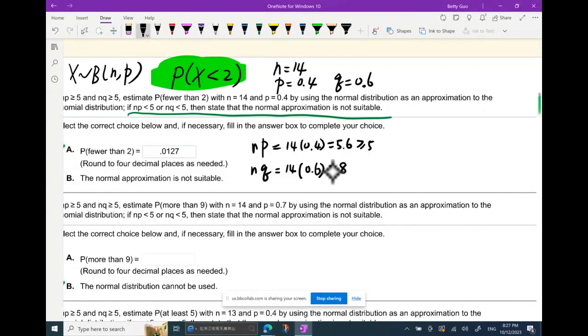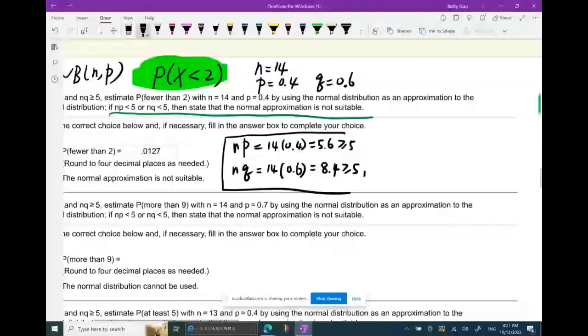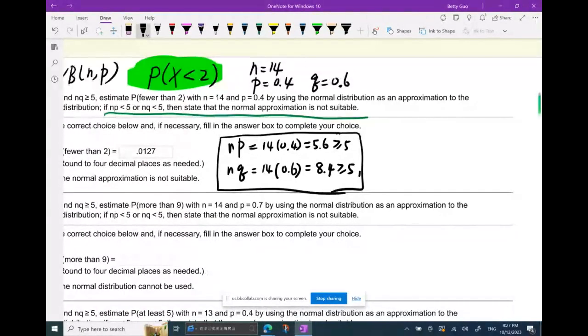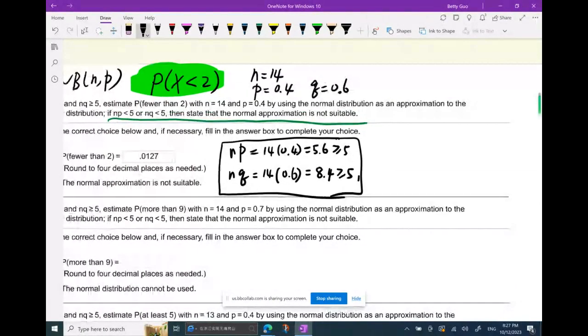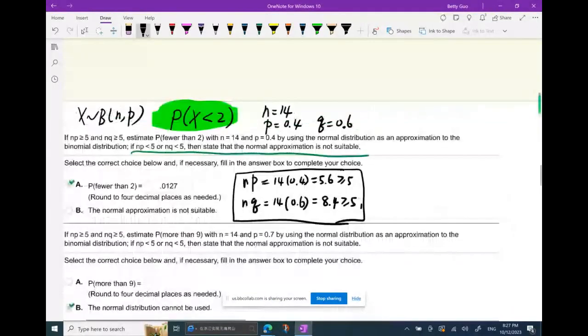It's going to be bigger than that because 0.6 is bigger than 0.4. 8.4. Yeah, also no less than 5. So both conditions are satisfied. All right. Yeah, every time you have to double check that. Once you know those two conditions are satisfied, you are going to apply normal to approximate